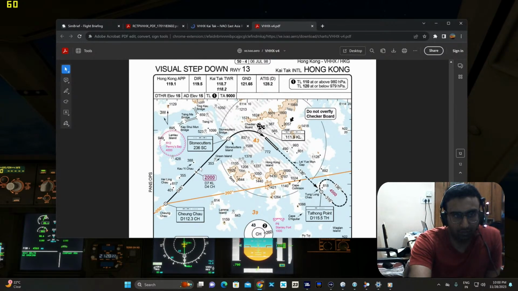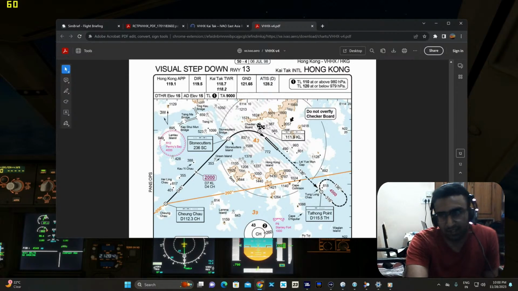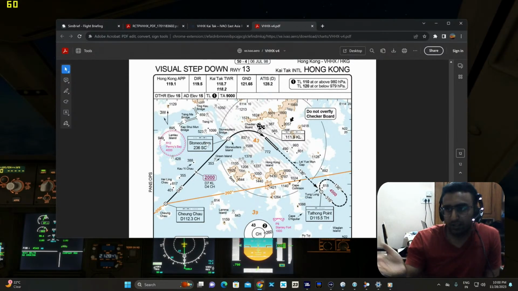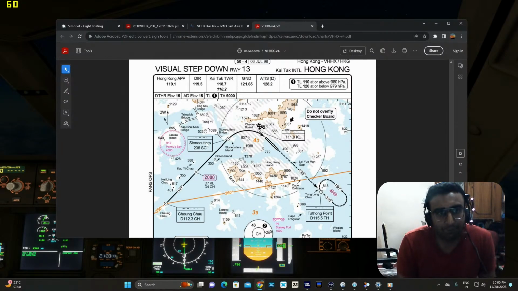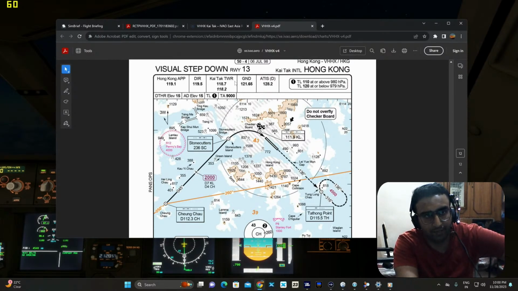We're going from Chengdu Chao to DME 4 from Chengdu Chao on a course of 045. We'll be continuing on the same course to Stonecutters NDB, and then we'll make a right turn to our landing runway. We should be able to see a red and white checkered flag kind of thing on the mountain. That is the visual cue that our landing runway is in sight. And because it's a curved approach, we'll be making quite a steep banked turn around 400 feet for our landing runway, and we do not have any ATC, so